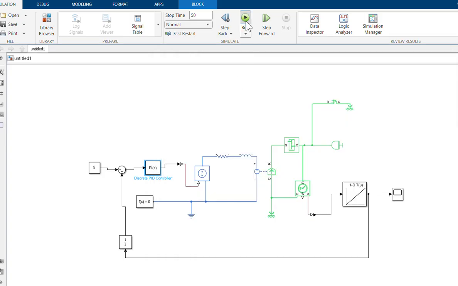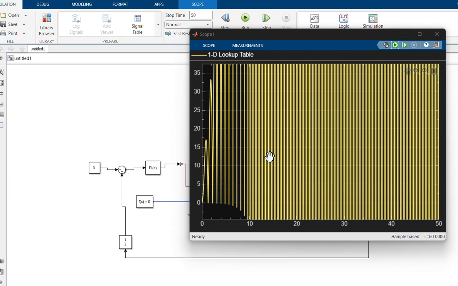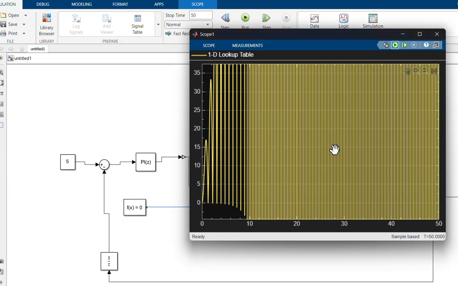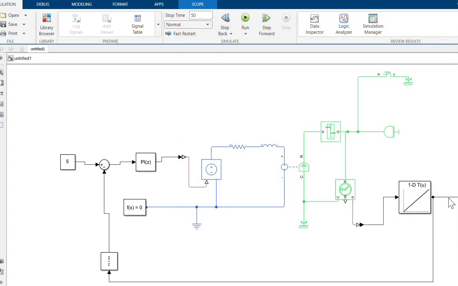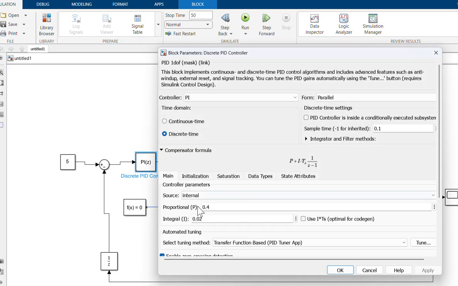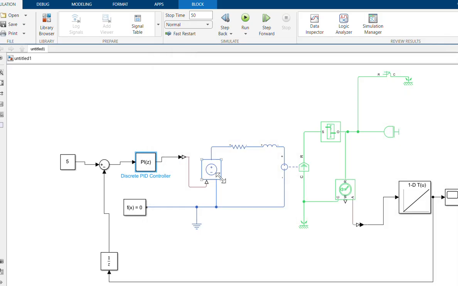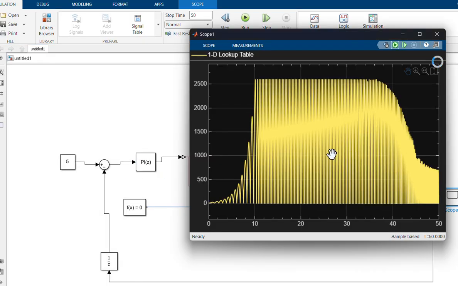Okay, apply, run, and then look at the scope. Oh, adjust again the integral value, 0.1. Okay, run. Scope.